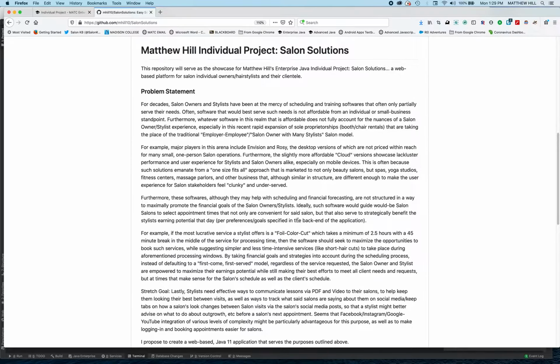I mean, it's kind of a one size fits all sort of software, and unfortunately, that doesn't work very well for salon professionals who are trying to provide at least some of the nuanced custom experience of a salon visit rather than of visiting any of those other establishments. So, my goal here was to come up with a way that inexpensively a stylist could have a more customized kind of application